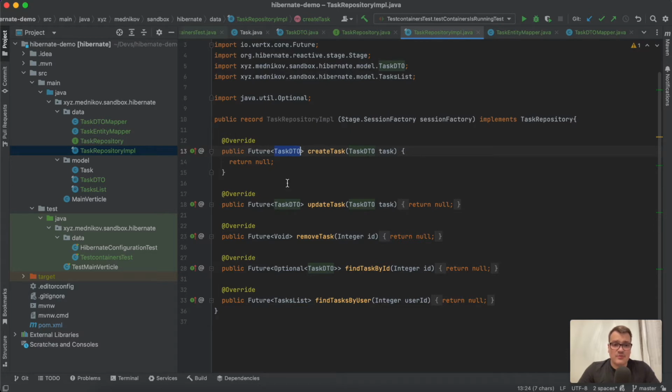But as soon as that operation is completed, we should convert it to the DTO, and we should return the DTO to all users of this repository, especially to the service layer. Well, let's briefly go to the material of the previous part of our tutorial, and let's go to this Hibernate